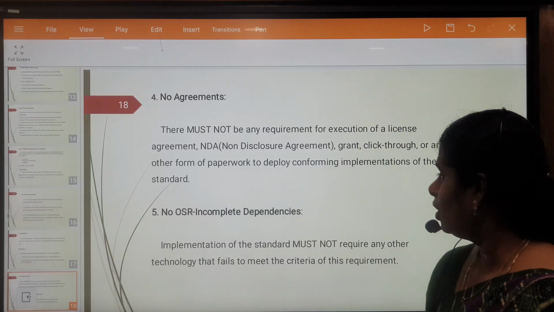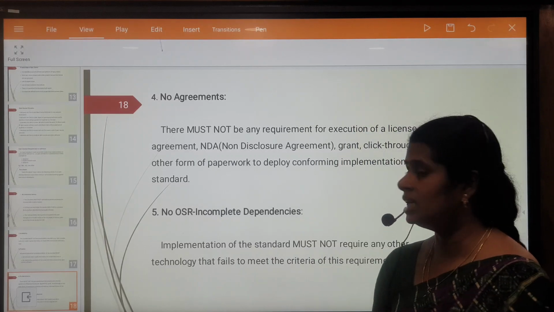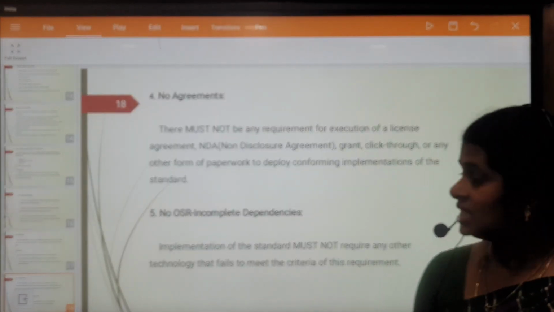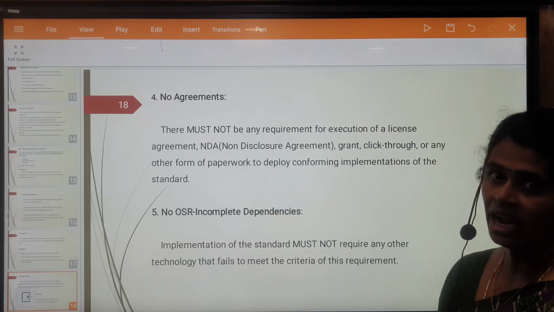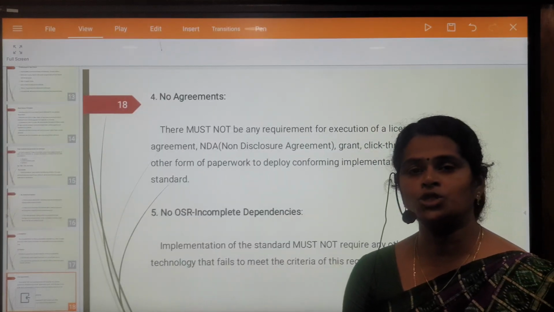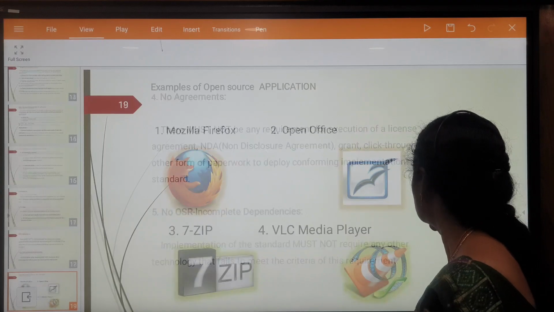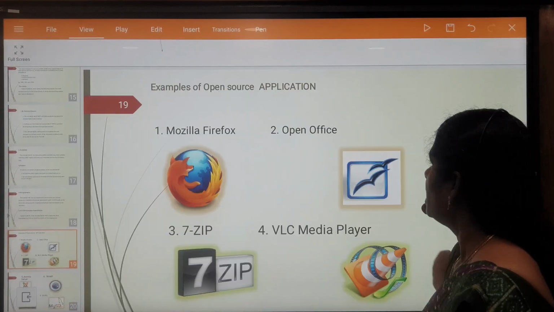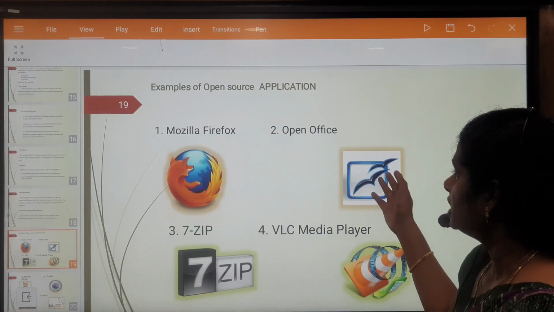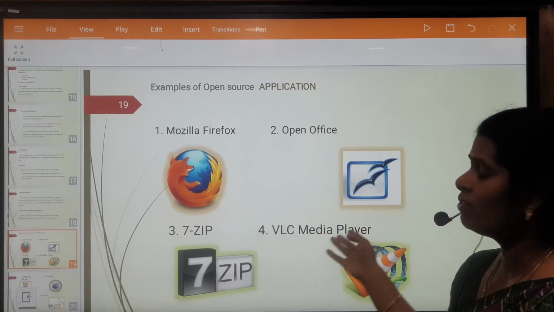Criteria number 5, no OSR incomplete dependencies. Implementation of the standard must not require any other technology that fails to meet the criteria of these requirements. Some of the examples of open source application: Mozilla Firefox, OpenOffice,